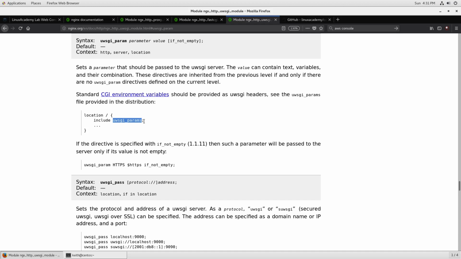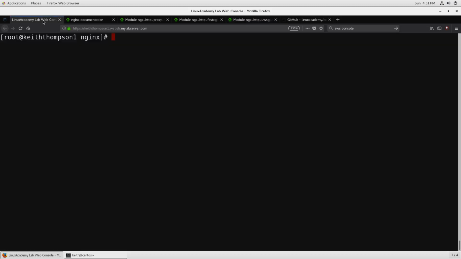But there's not a whole lot that we need to do that's different than what we've seen before. In fact, nothing is different than what we've seen in the fastCGI version, so it's going to be pretty quick for us to get this up and running. We're going to go into the /etc/nginx/conf.d directory and create a notes.example.com.conf with a server that listens on port 80, server name of